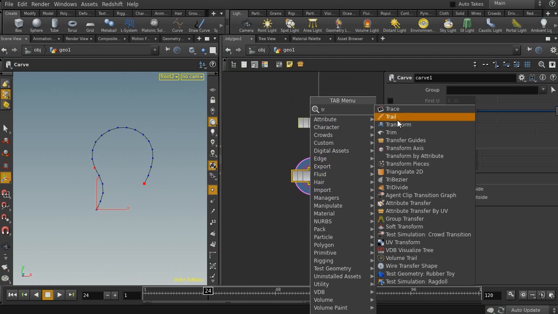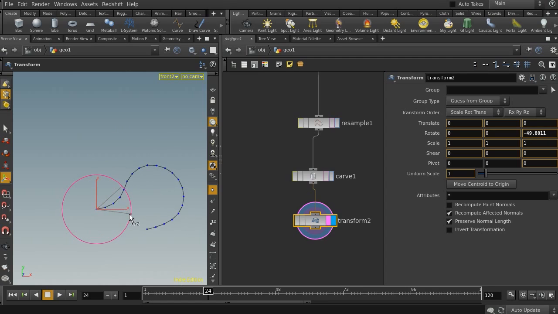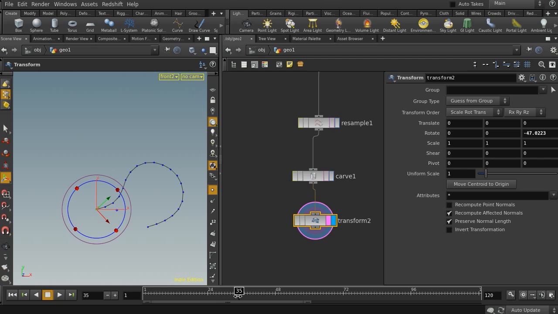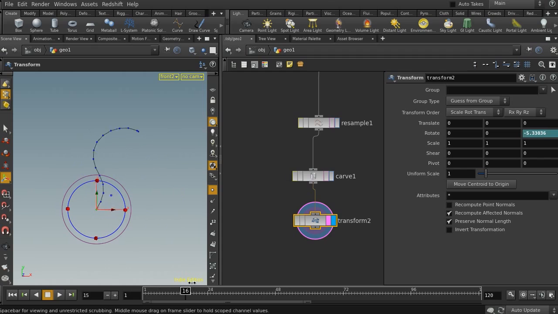And also let's create a transform node, and let's create animation for the rotation of this curve. So let's say at frame 35, let's create a keyframe for the Z value, and here let's revert it back a little, and let's create another keyframe. So here is the animation. Here is the animation, and